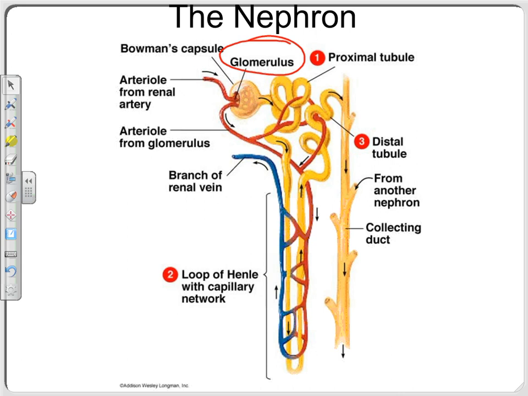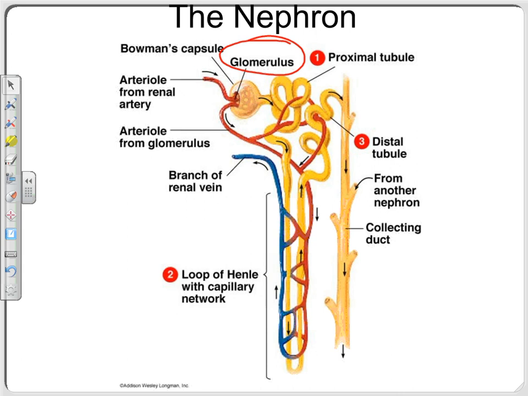Okay, start over. Blood comes in to this glomerulus. It's inside the Bowman's capsule, right? When the blood hits that, it's got a lot of pressure. So a lot of stuff gets pushed out of the capillaries into that little funnel. Water, salts, nitrogenous wastes like urea. Glucose, amino acids, all kinds of stuff get pushed out of the blood and they leak into this big funnel, Bowman's capsule.